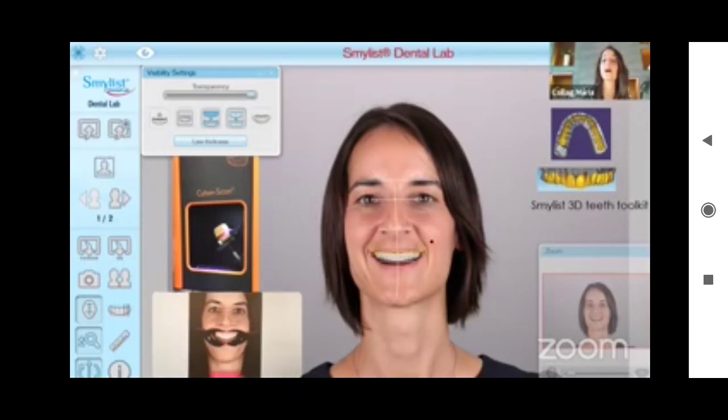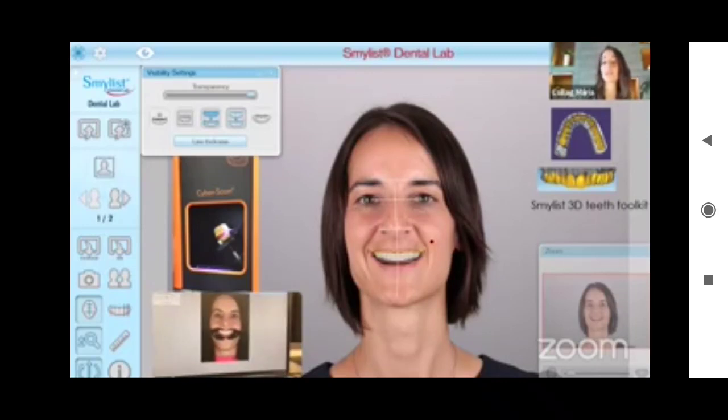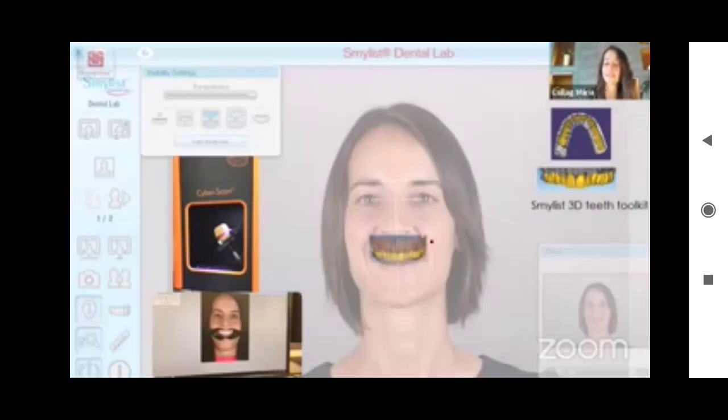So if you have already designed a really nice smile, you can send this design to the dental lab, and the dental lab will use our three-dimensional toolkit and immediately place these teeth in the patient's mouth with the help of all the lines that you have already placed on the patient's face and the occlusal plane as well. So you can be sure that the aesthetically designed smile will be really good functionally as well. You see here the three-dimensional CAD/CAM